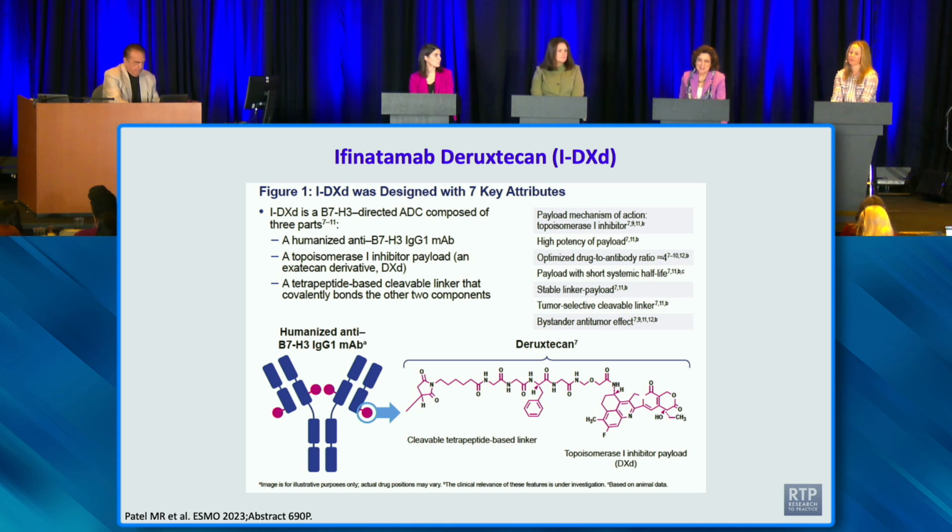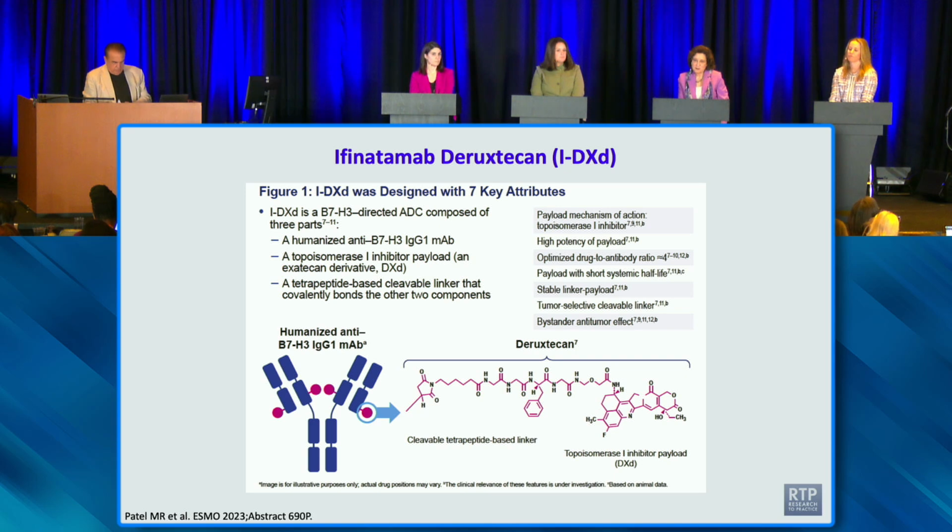We'd like to see something other than Deruxtecan as the payload. And there are eribulin ADCs that are in clinical trials now, and one that's a little bit more advanced than another. But the idea here is that you would use sort of an immune effector target, so that potentially you could activate the immune system with the antibody and deliver the toxin at the same time, almost like you're giving an immunotherapy along with the chemotherapy.